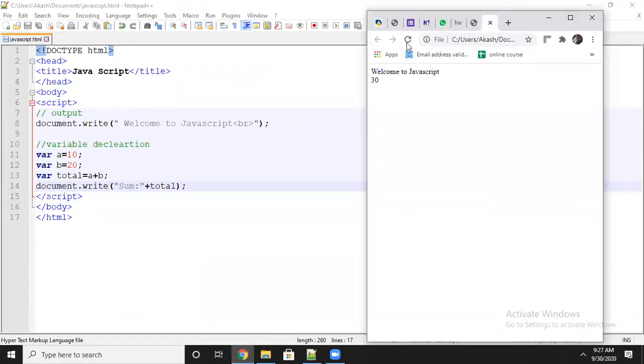Let's refresh. Now sum is 30. It means I have combined the values and produced the output. Okay, this is just an example of the basics I told you about.